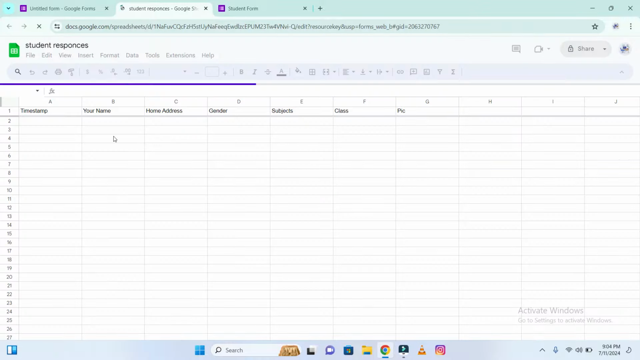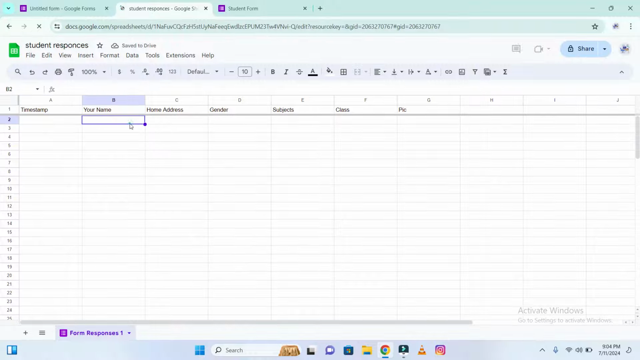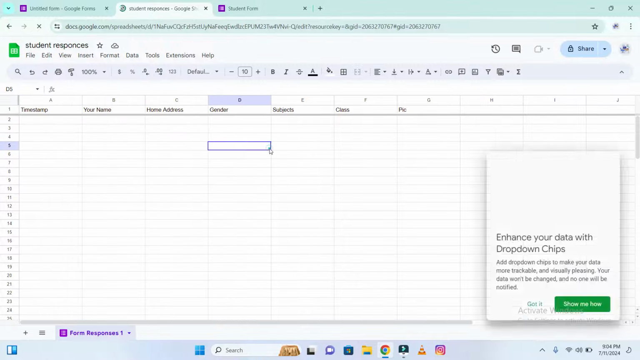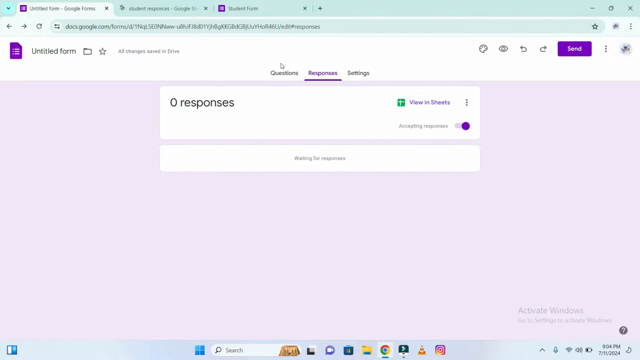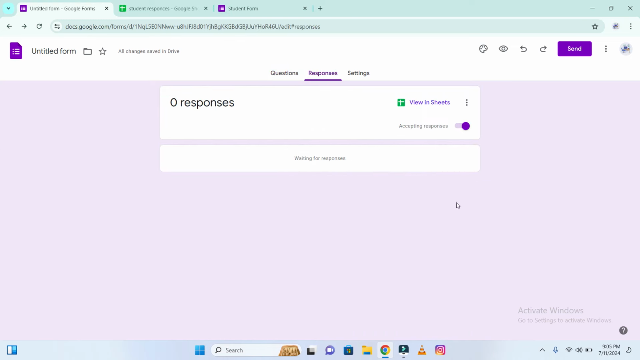So now the data the user is going to fill will be in this Google Sheet format as well as the Google Form format, and all the analytics will be shown here as a pie chart and other graphs. So that's how you can create a Google Form. And this is all for today's video,